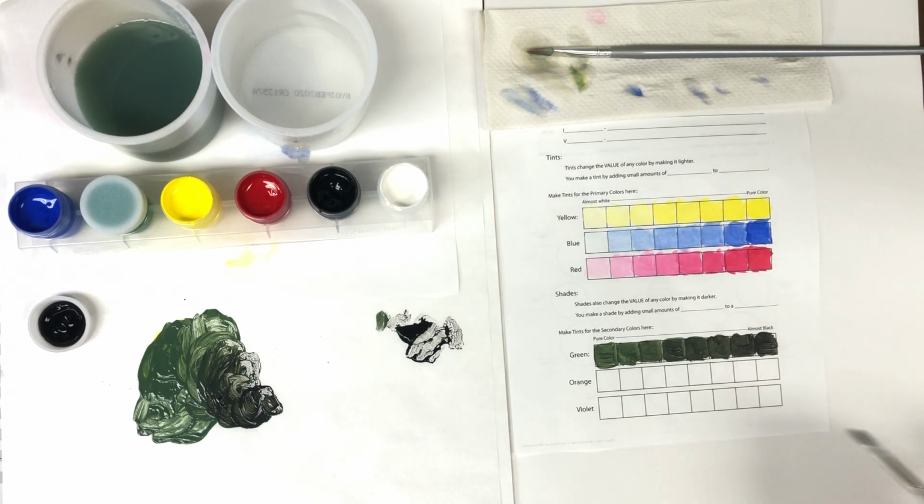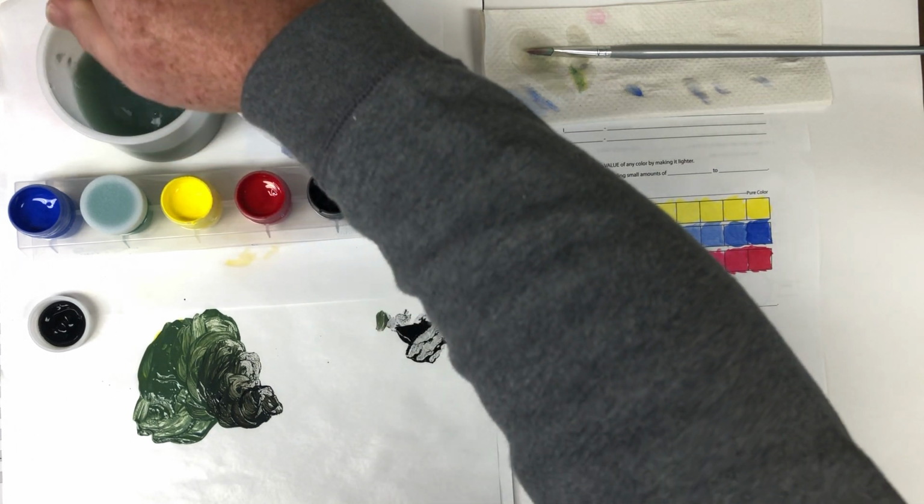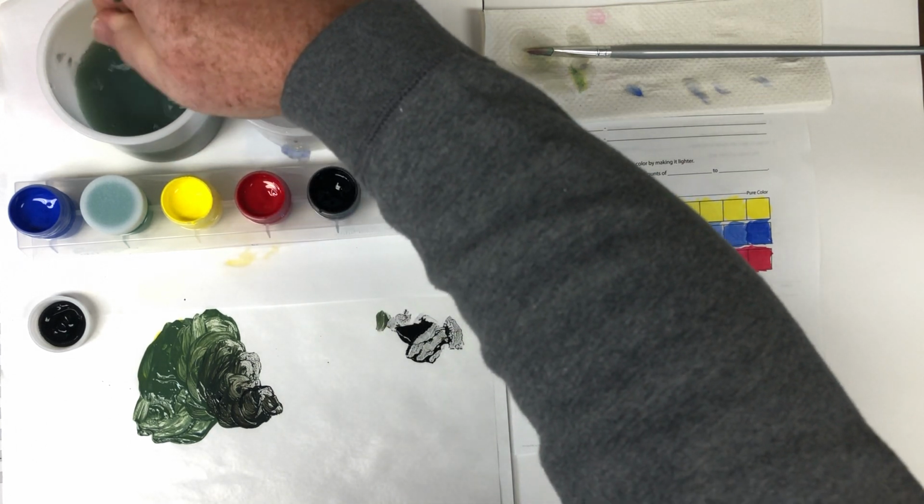Almost black there. So from nearly pure green to nearly pure black. It's a gradual change in value there. Not super dramatic, but there it is. Okay. Now black